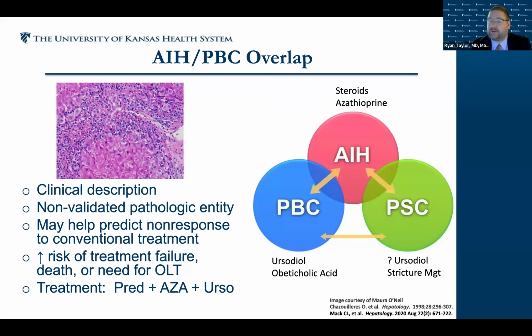To make things even more complicated but interesting for us, there are concepts of overlap. There are different autoimmune liver diseases and patients can have features of both. I have many patients that have features of both autoimmune hepatitis and PBC. And then there's a third autoimmune liver disease called PSC, which we didn't cover today. Patients can have features of either 2 or all 3 of these diseases on their biopsy and based on their clinical presentation. The bottom line is we treat the clinical features that we see. If they have autoimmune hepatitis, they're treated with prednisone. If they have PBC, we treat with ursodiol. Next slide.